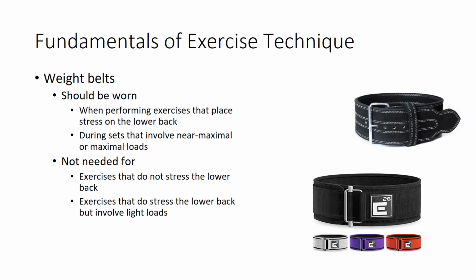A device that is often utilized is a weight belt. A weight belt may help maintain intra-abdominal pressure during lifting. Its appropriateness depends on the type of exercise performed and the load that is lifted. It's recommended that a weight belt should be worn during exercises that place stress on the lower back, and during sets that use near maximal or maximal loads. So this is where you want to utilize a weight belt during a 1RM lift, or around